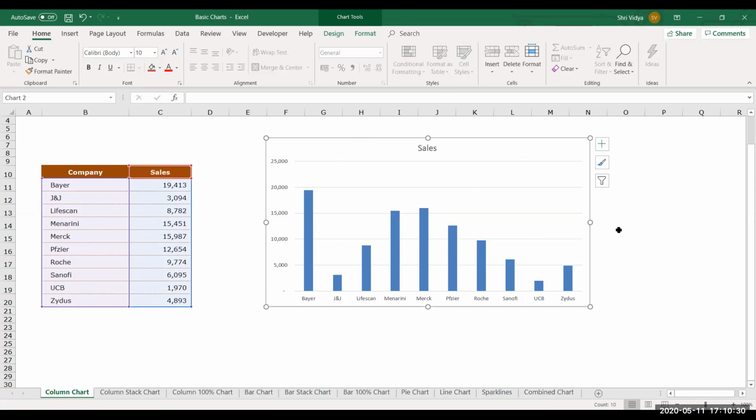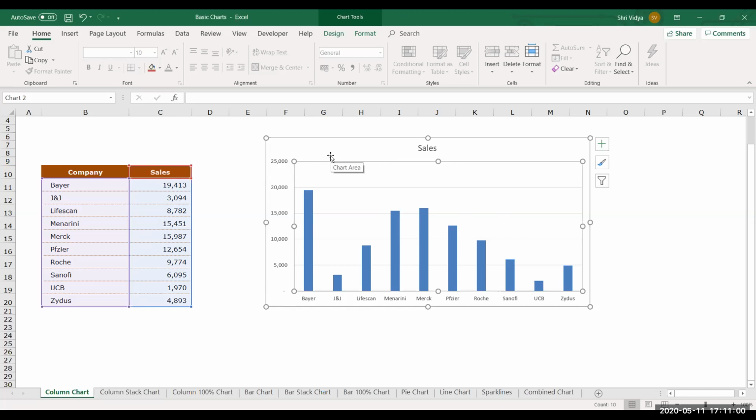In case you want to change the view of the chart, you should know what the elements within your chart are. So now you have a smaller rectangle inside this chart. See, this is known as the plot area, where exactly your columns or your chart is plotted based on the values that we have taken from the data. So this is your plot area. Outside this, the exterior rectangle that you see is known as the chart area.